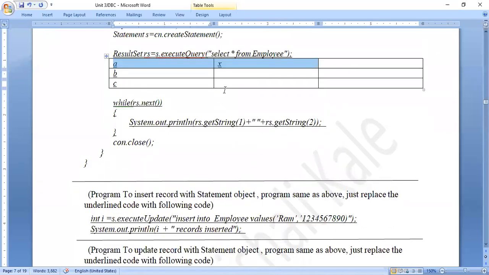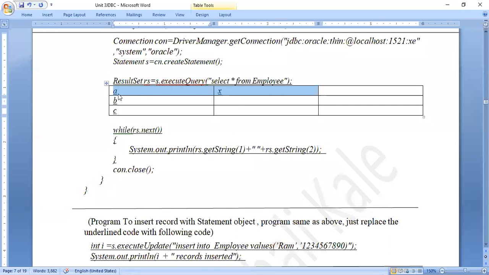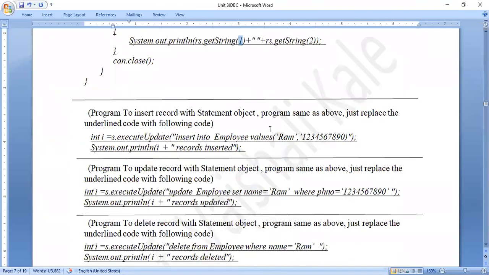So if I have to get these two values, I say getString(1), 1 means the first column, and getString(2), this is the second column. So this 1 and 2 are the column numbers, indexes. Instead of indexes, I can even substitute the names of the columns. Like I can say getString("rno") and getString("name"). I can substitute like that also.